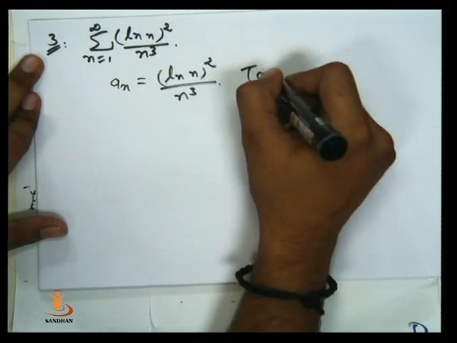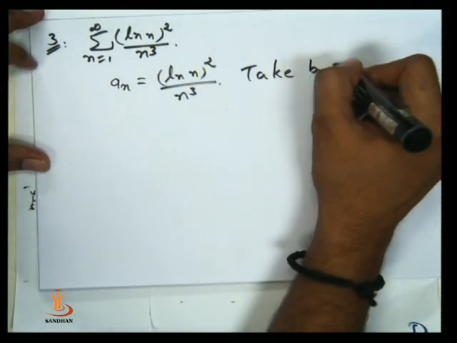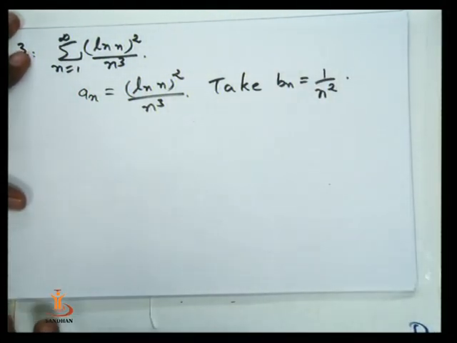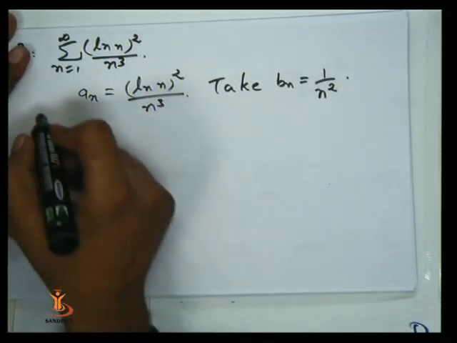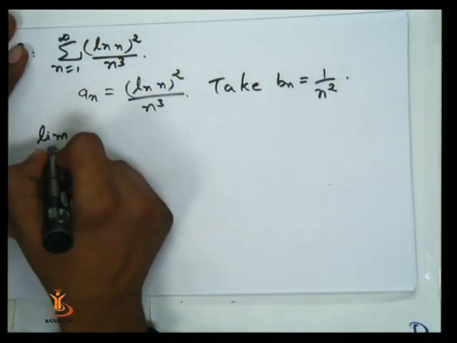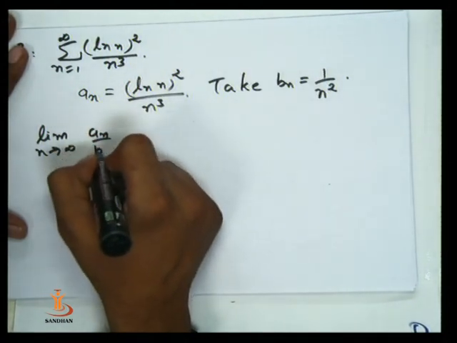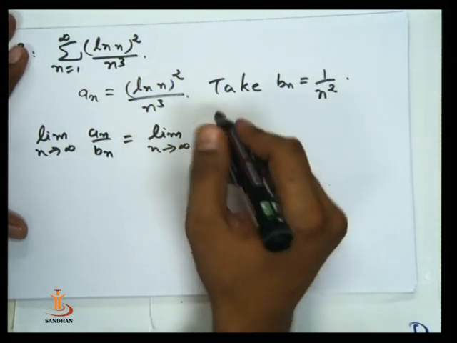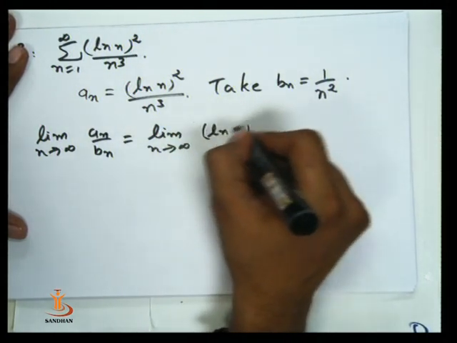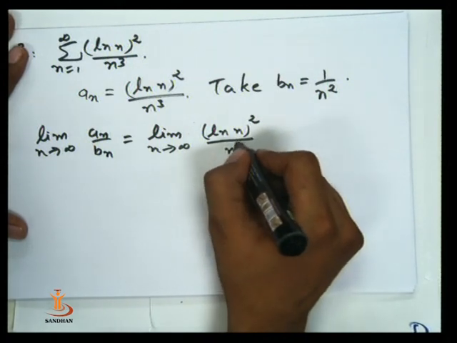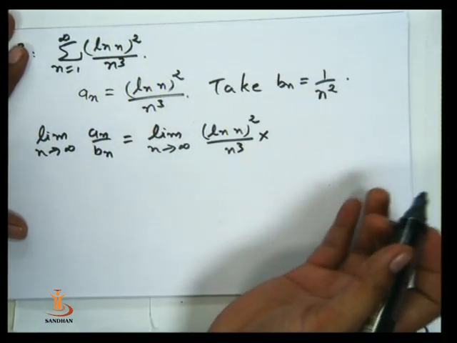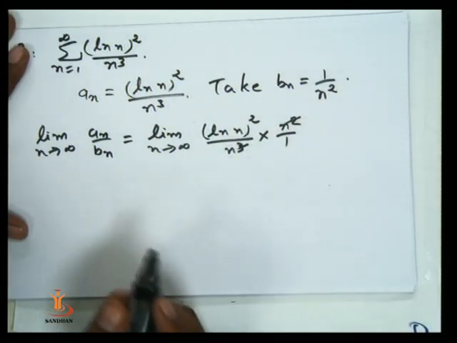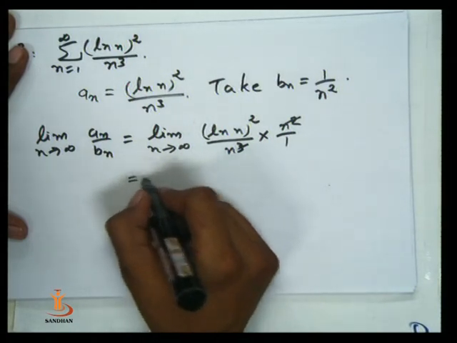Now take bn is equal to 1 upon n square. Then calculate the limit as n tends to infinity of an upon bn, that is equal to the limit as n tends to infinity of (ln n)^2 divided by n cube, upon bn, so the numerator will be n square by 1. Now n square and n cube, n square will cancel out, and we get the limit as